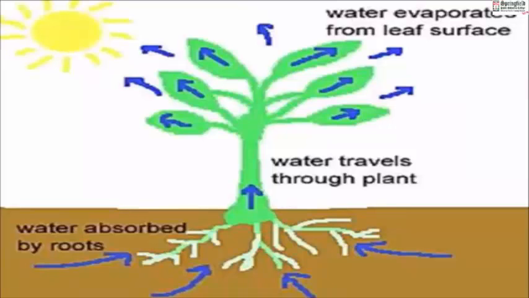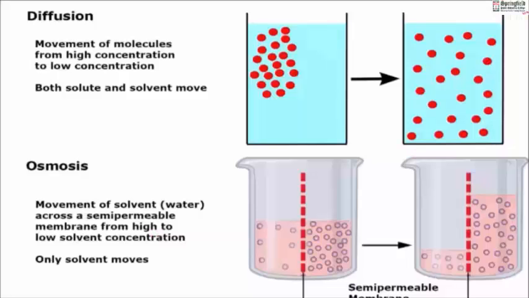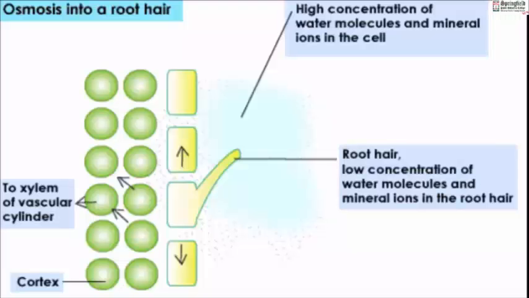As I've already explained that root hairs take in the water, the process by which the plant takes in the water is called osmosis. Osmosis is the movement of the water from the region of high water concentration to a region of low water concentration. So what happens is that in osmosis, water moves through the membrane, which is the root hair cells, from the soil where the water concentration is very high into the root hair cells where the water concentration is